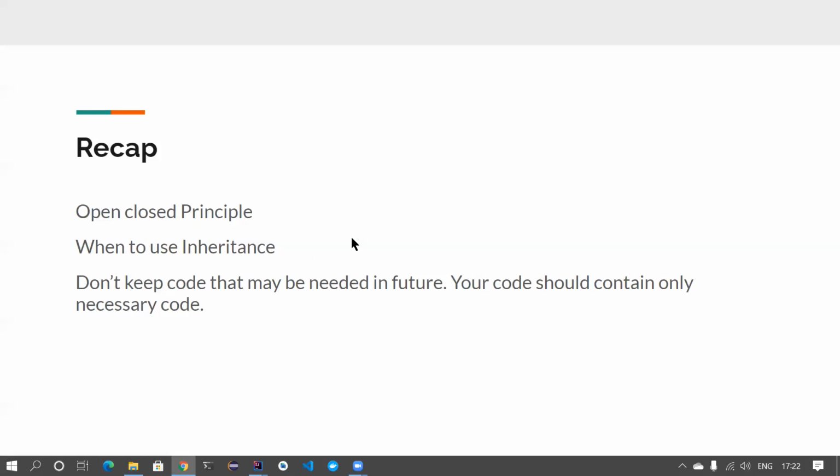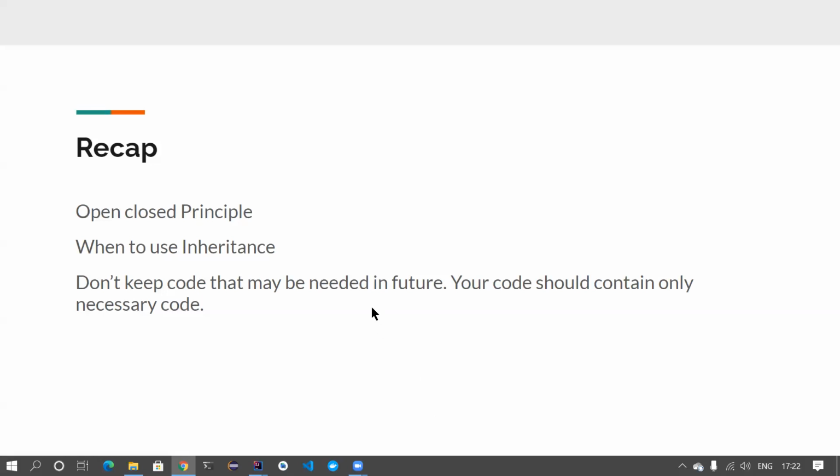Good. And also, don't keep code that you may need in future. I have seen people say this is not needed now, and they write comments: I have written this code because it might be needed in future. Don't keep this code in the code base. Keep it somewhere else, because maybe it never comes. Whatever code you have written may never be used. So don't keep unnecessary or commented code in the code base. That's not a good approach. Remove it. Keep it somewhere else, or you should be in a position to write that code again. There is no looking back.